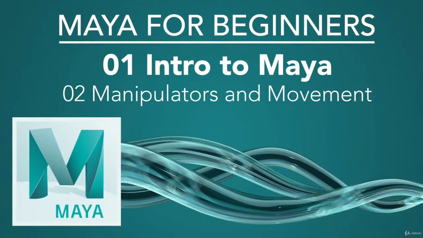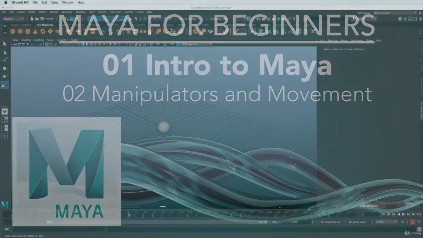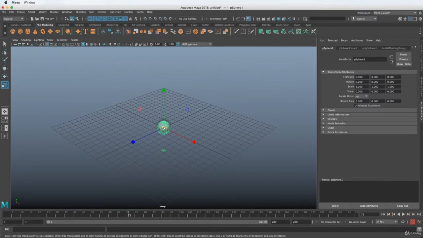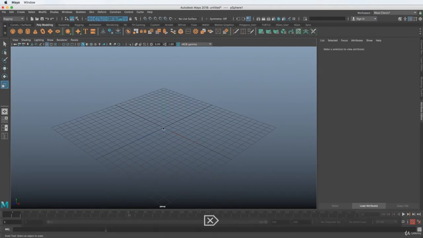Welcome back, and let's quickly cover how to move things around in Maya. There's a couple things to understand, especially in 3D, that's important, so let's jump right in and cover that. From the previous lesson, I still have the sphere here. If you don't have that, I can just delete it, and we can go up here to this polygon sphere